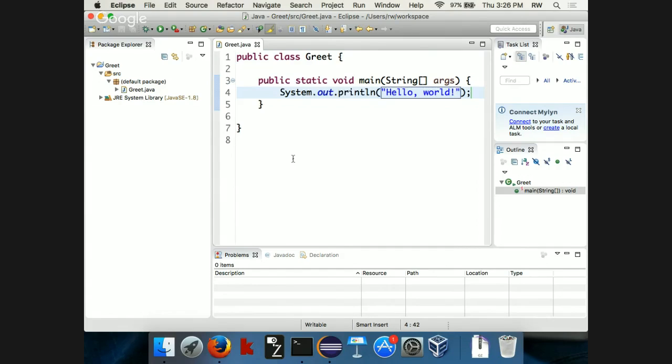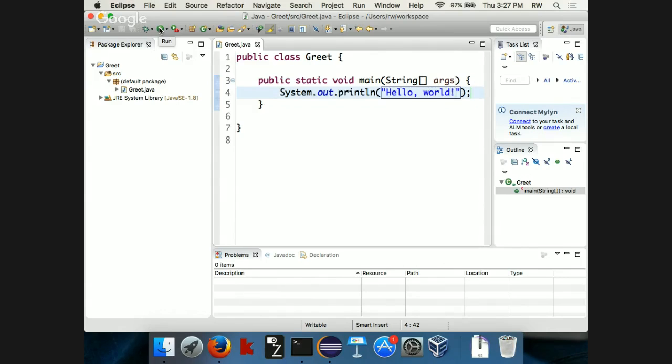The great thing about Eclipse is I don't have to ask it to compile this program, because every single time I make a change, just like a change like that, Eclipse will recompile it automatically in the background. So all the time it's running javac, javac, javac, almost all the time. That's not strictly true, but mostly. And if I save it, I usually save it just for good luck, it's been compiled,